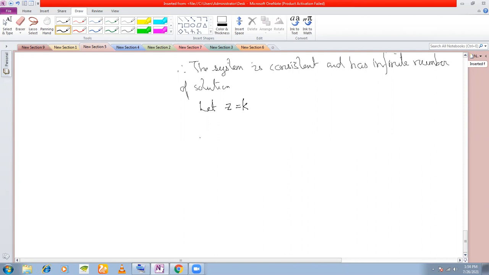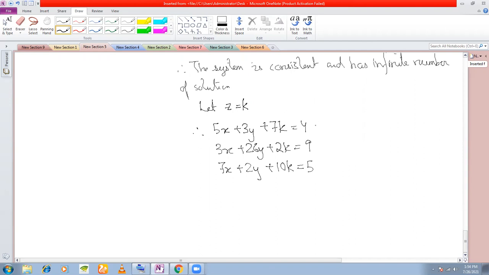So therefore, if you put z is equal to k in the system, you will get 5x plus 3y plus 7k is equal to 4, 3x plus 26y plus 2k is equal to 9, 7x plus 2y plus 10k is equal to 5. Let us call this 1, 2, and 3,